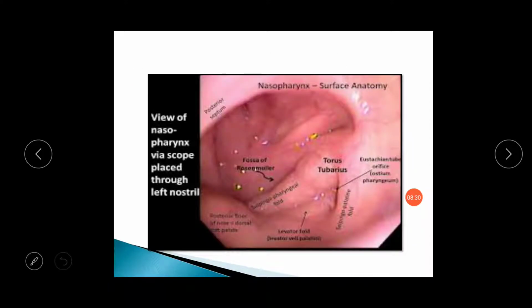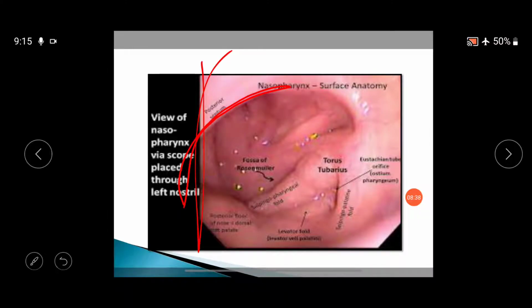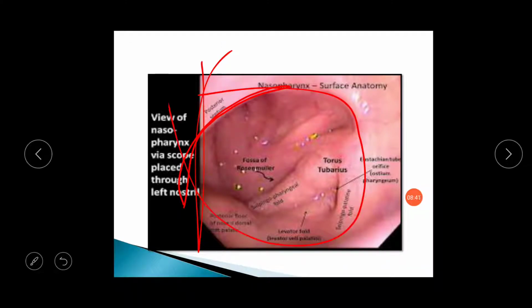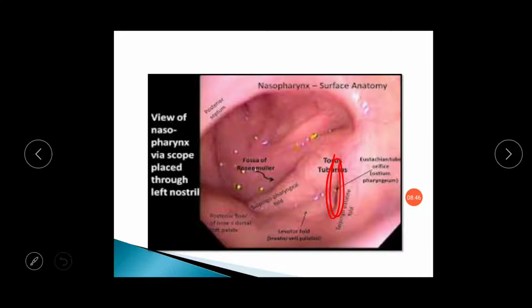In this nasal endoscopic diagram, you can see that this is the posterior part of the septum or posterior choana, which is forming the anterior wall of this nasopharynx. Overall this is the nasopharyngeal area, and this is the lateral part. Here you can see the medial end of opening of the eustachian tube, and there is an elevation which is known as torus tubarius. There is a recess just behind, that is posterior and superior to this torus tubarius, known as fossa of Rosenmuller, and this is a common site for nasopharyngeal carcinoma. This is the floor, or the soft palate.